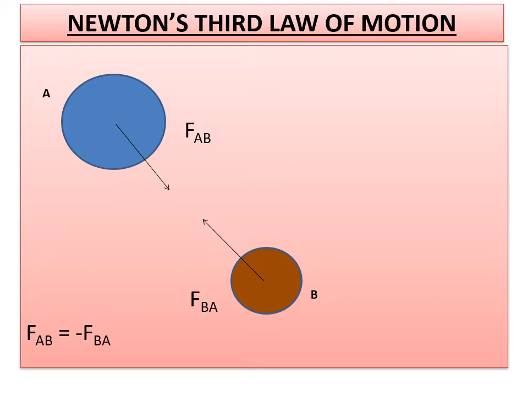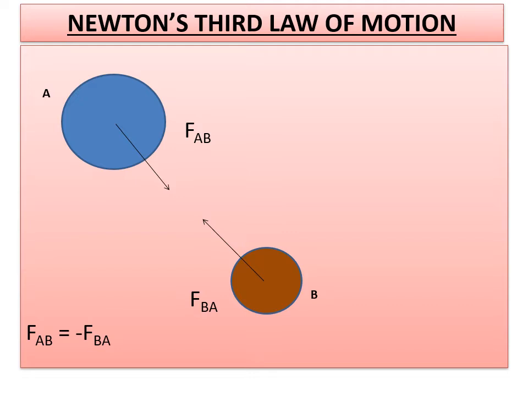So, here in the picture, you have seen two different objects, A and B. According to the explanation, the force exerted by one body, here body A, let that force exerted by this body on B be FAB. The other body here is B. The force exerted by the second body on A, let that be FBA. So force exerted by first body is FAB, force exerted by second body is FBA. And according to the condition I explained, they are equal in magnitude but opposite in direction.